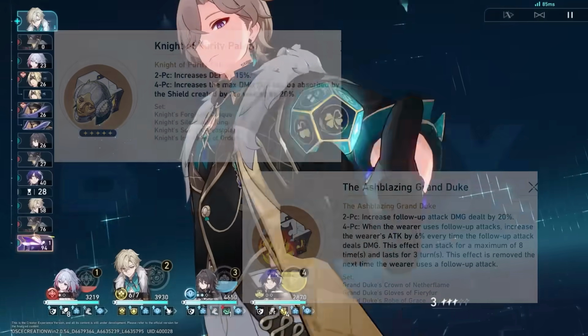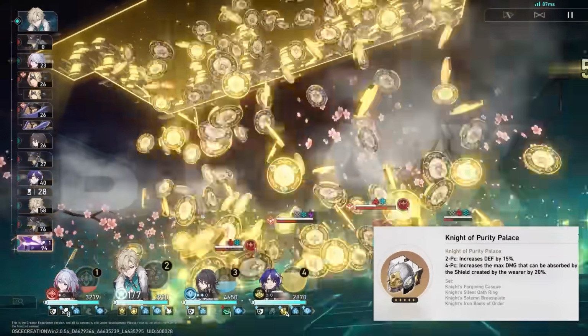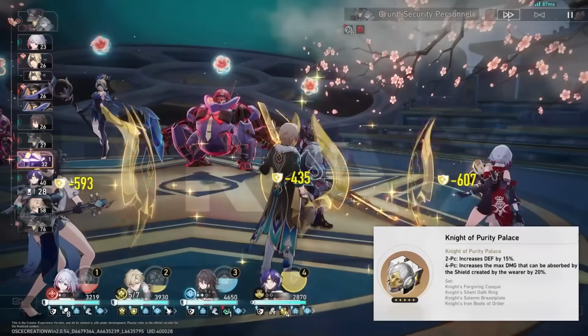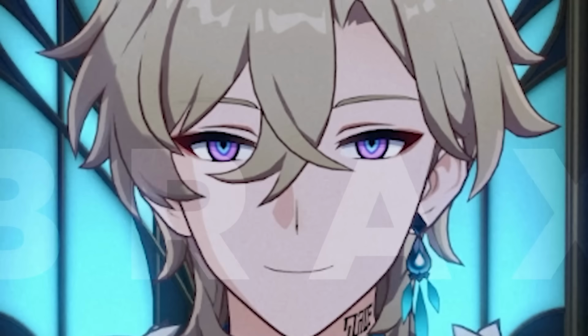There's not really a best set since your light cone and team can drastically affect his value, but I've really enjoyed him on 4-piece Knight just because it makes his shields comfy. But literally nobody is farming that anymore because the new sets kind of put the lightning set into the ground, so for planar sets,